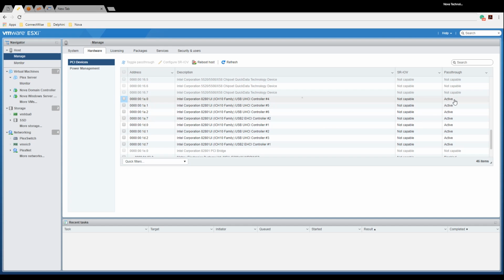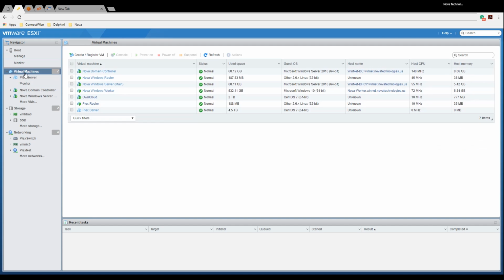Be aware that if they are deactivated, you need to check it, click toggle pass-through, but there are known issues with deactivating these once active. So I would very much recommend finding out which controllers you're going to use beforehand, and if you have access to that information, only select and activate the ones that you really need. Otherwise, it's not really a problem as much as it's just a little bit of an annoyance. So now that we've got these active and we know that they're active,